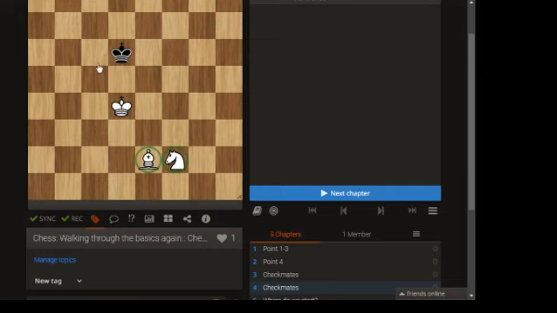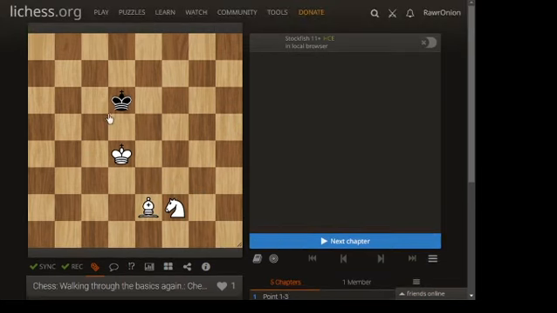Daniel Mereditsky. There's a great video by him on how bishop and knight checkmates work. But the point is that we need to understand how these pieces can trap the king in order to win,